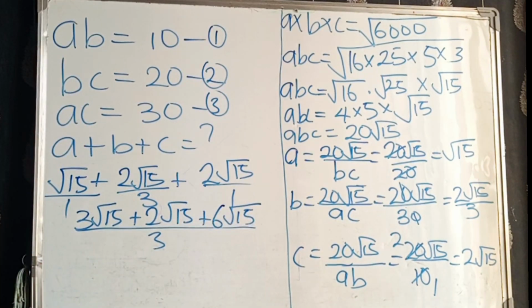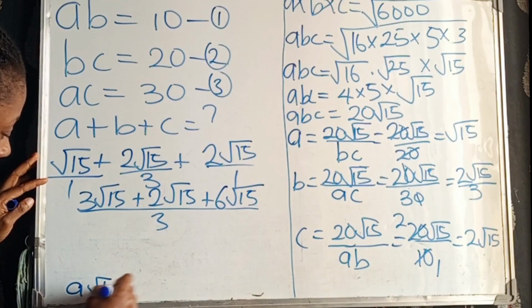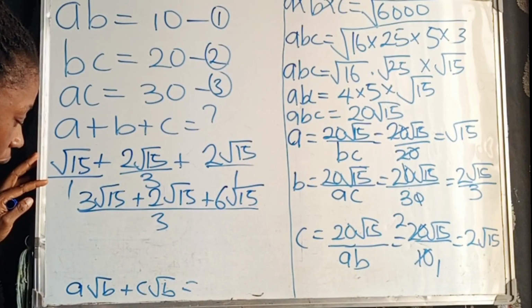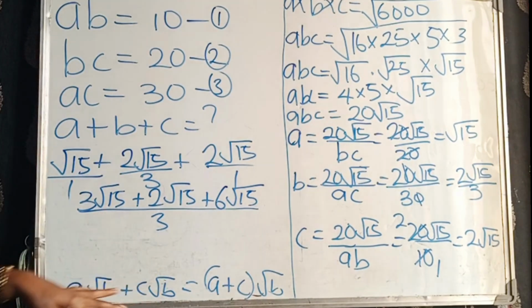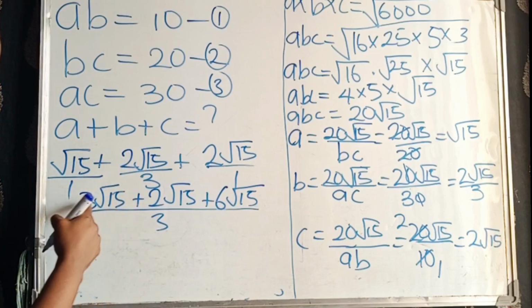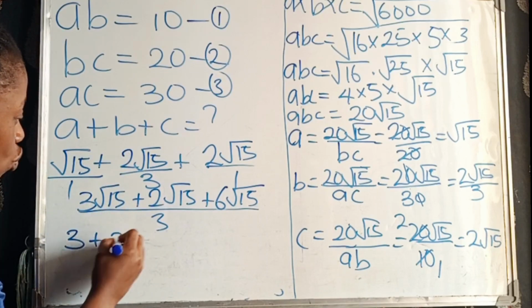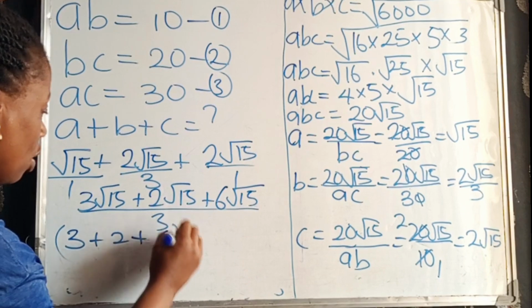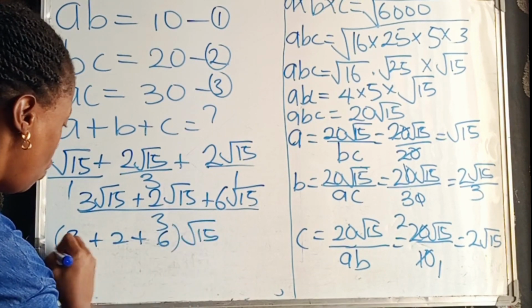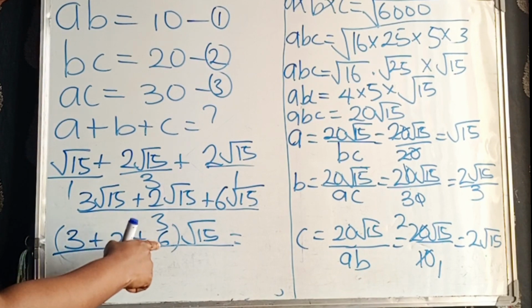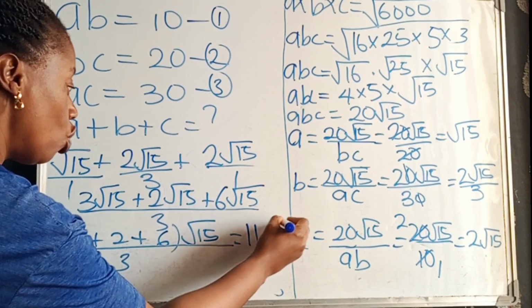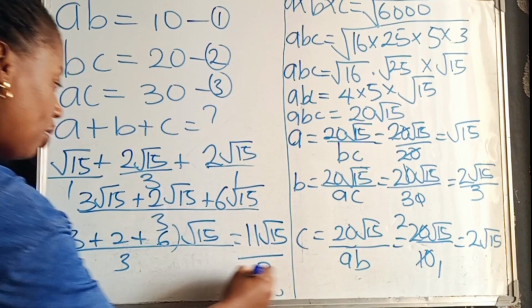So let's add them together. When you have expressions A root B plus C root B, this is how you add them. You say A plus C, root B. We are going to do the same here. So this is going to be 3 plus 2 plus 6 root 15 over 3. 3 plus 2 is 5. 5 plus 6 is 11. So you're going to have 11 root 15 over 3. This is the